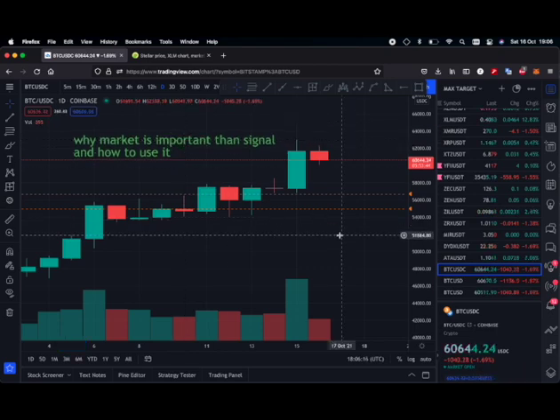But a market update and signal are more like a father and mother. One of them really can't produce a child without the other party. So what I'm trying to point out to you is that if you have a market update but you don't have a trading signal, it's really very risky for you to trade that. But I'm going to take you on the journey on how you can do that.